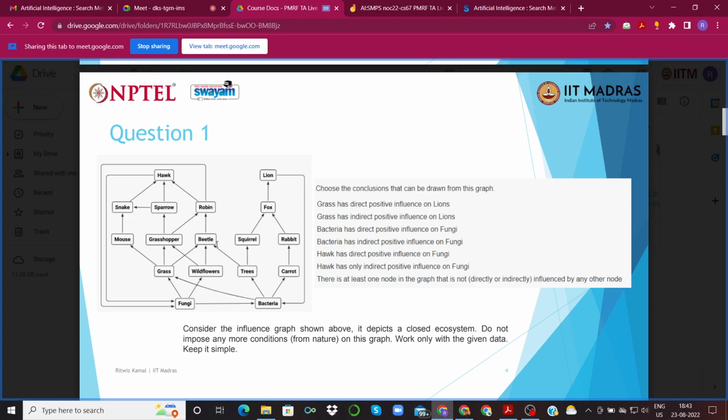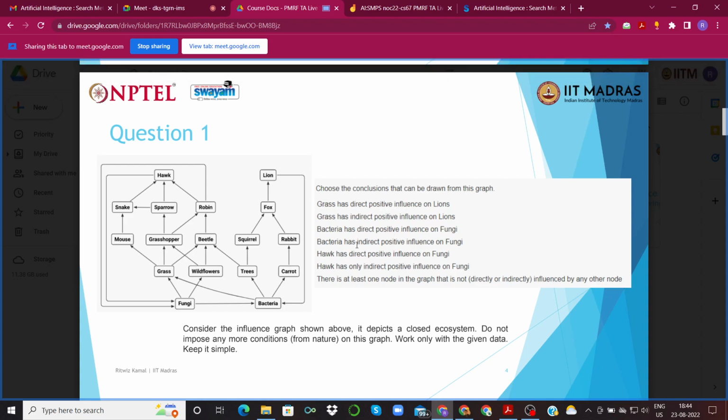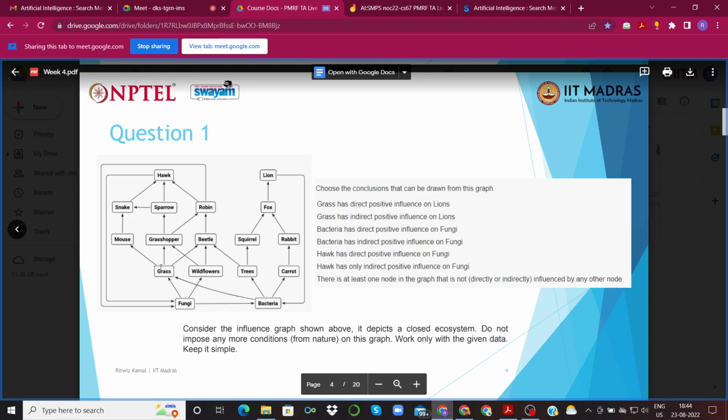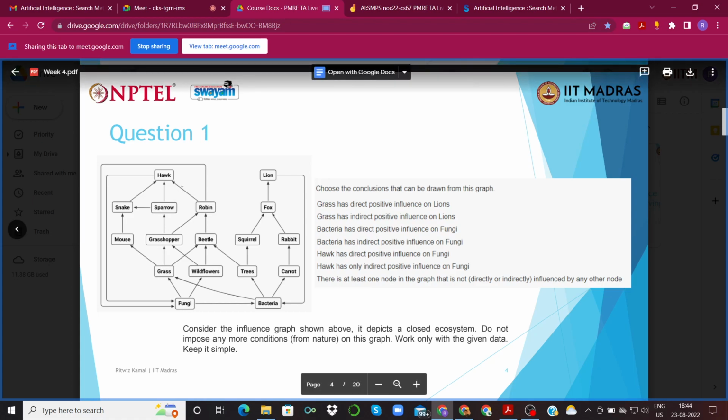This is just an example. Given this information from this influence graph and this influence graph alone, not necessarily what might be true or not true in the real world, which of the options listed on the right hand side could be true? That is what you had to find. A direct influence is when an entity is connected directly using an arrow to another entity, and an indirect influence is when it is connected via a path rather than a direct edge.